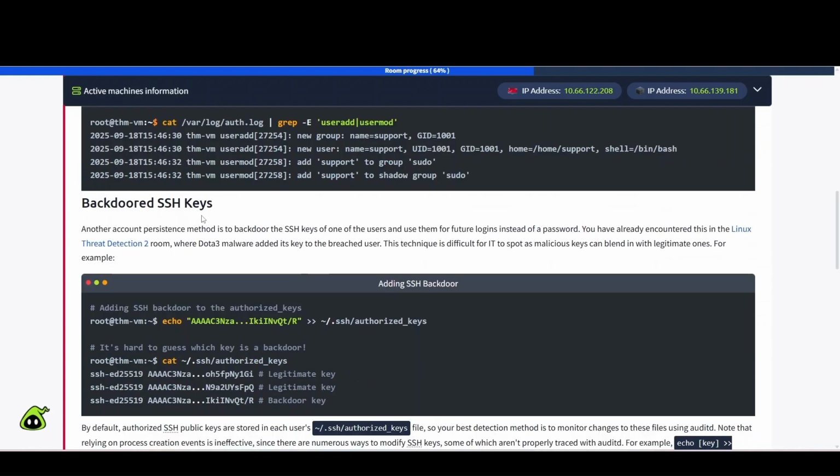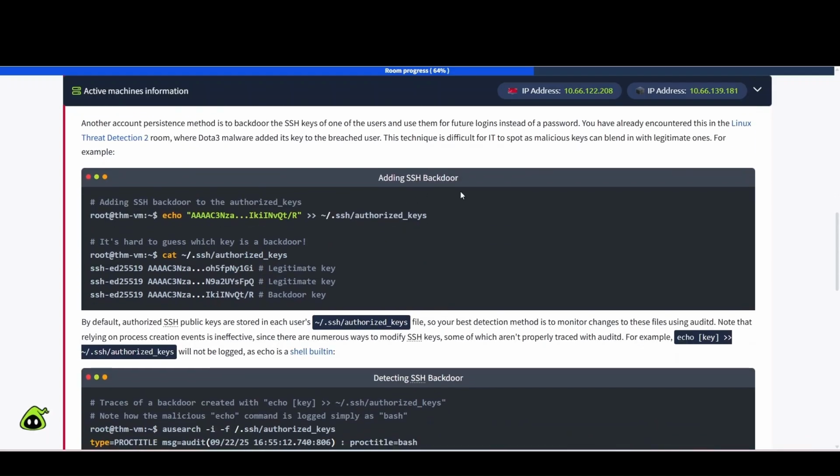Backdoored SSH keys. Another account persistence method is to backdoor the SSH keys of one of the users and use them for future logins instead of a password. You have already encountered this in the Linux threat detection 2 room, where Dota 3 malware added its key to the breached user. This technique is difficult for IT to spot as malicious keys can blend in with legitimate ones. For example, adding an SSH backdoor